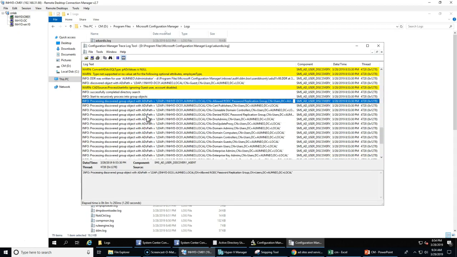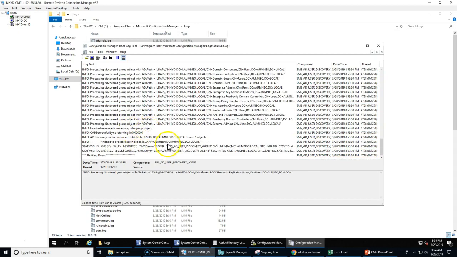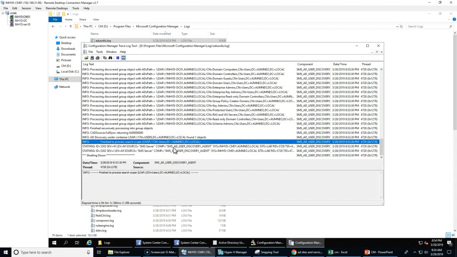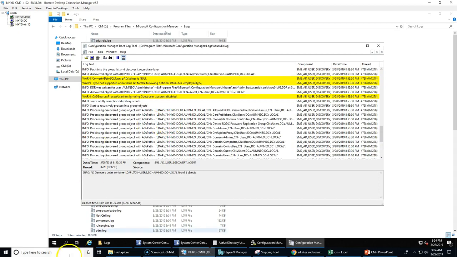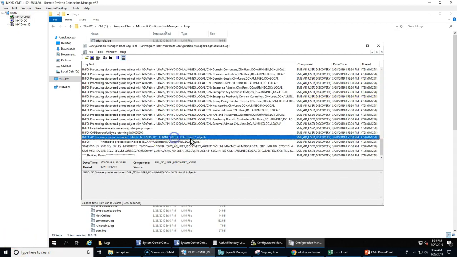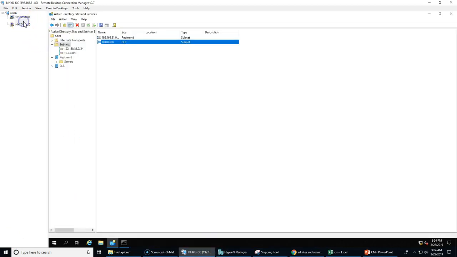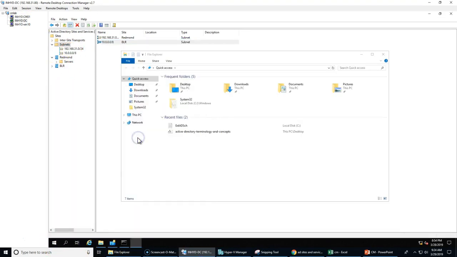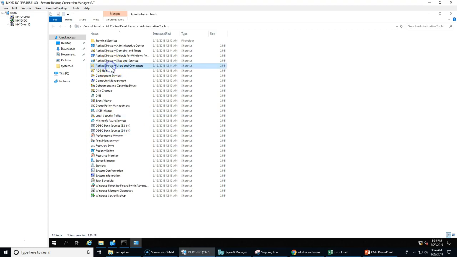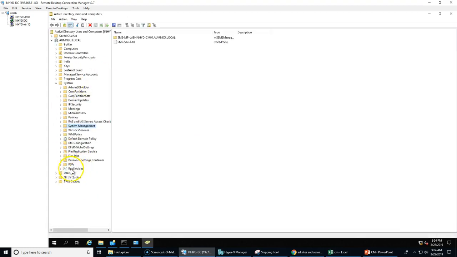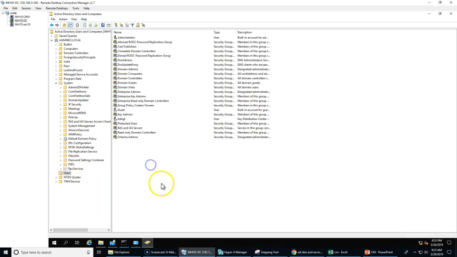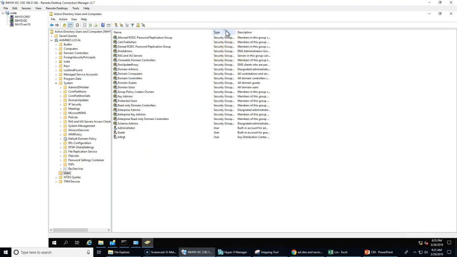And finally it will say, I have total objects found. If it has found any objects, it will come up. So if you look here, it has found one object, because we have only one user account within that path. Let's go and check it. What do we have in our Active Directory Users and Computers? In that path, it should be only one user account, right? We have configured this. If you see, all of them got disabled, the user accounts, and the remaining ones. If you sort based on the type,